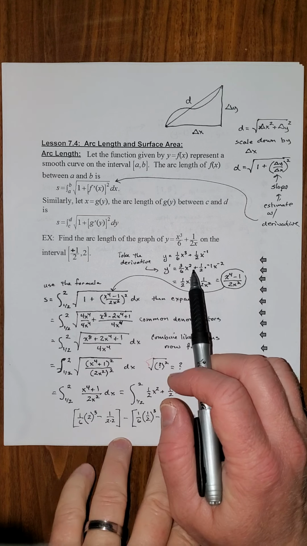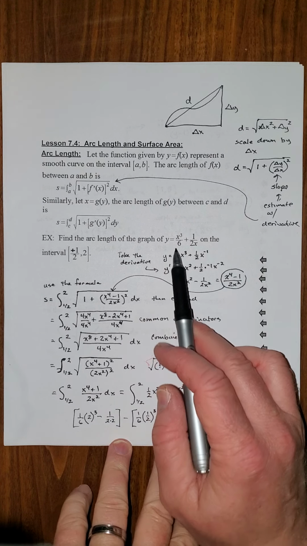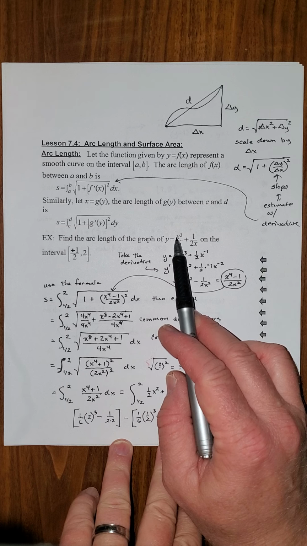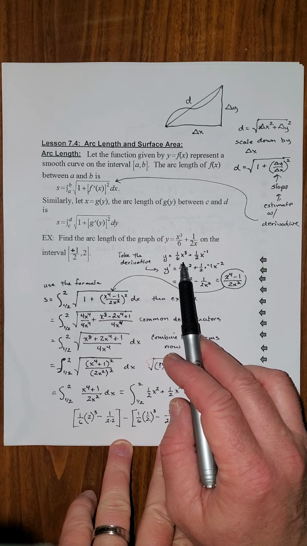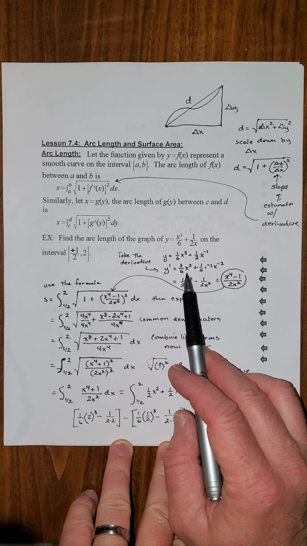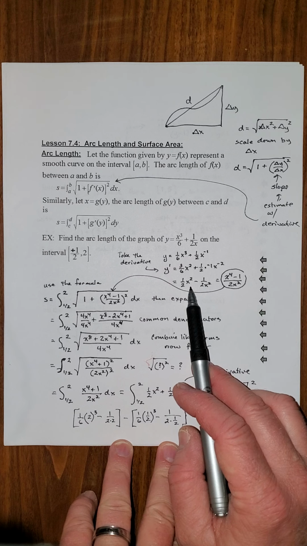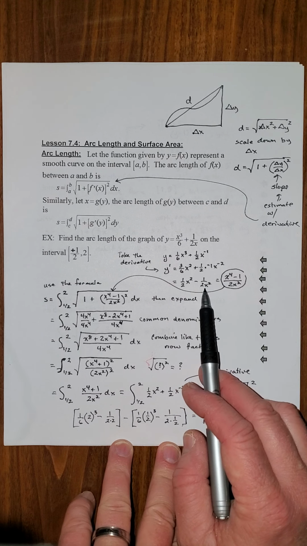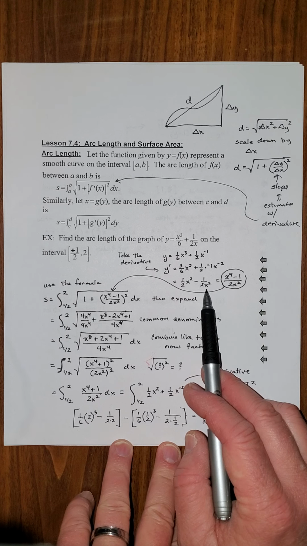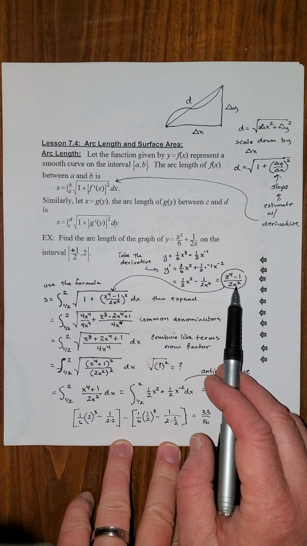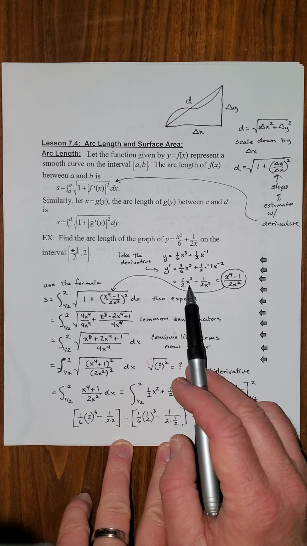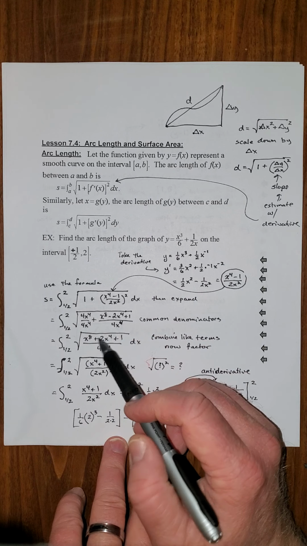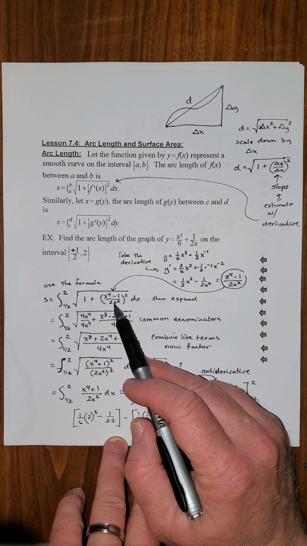Now, I believe we started this in class. The way it works is you take your function, take the derivative. This is a simple power rule. Bring the 3 out front, subtract 1 from the exponent. Okay, we get 3 over 6 times x squared, which is going to reduce to 1/2 x squared. Bring the negative 1 out front, subtract 1 from the exponent. This is going to reduce to 1 over 2x squared. Here, all I did was common denominators. Multiply this by x squared top and bottom. This is our derivative. So the formula is the integral from 1/2 to 2, radical 1 plus that derivative squared